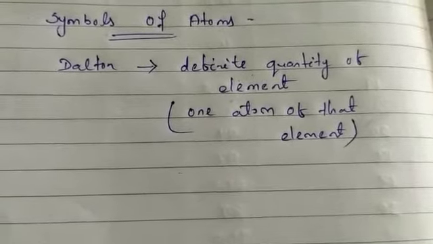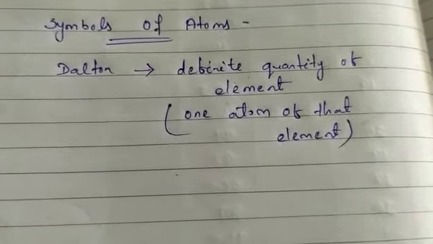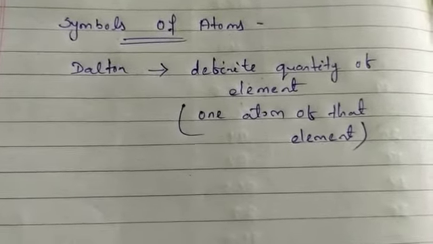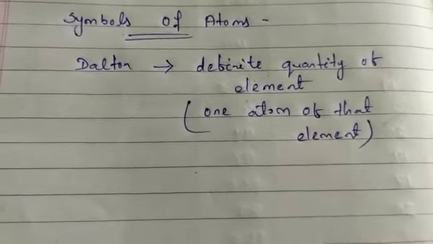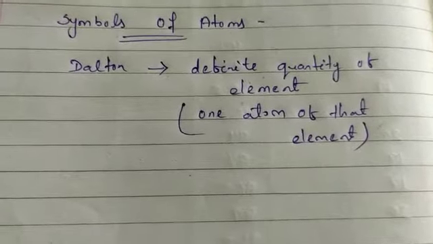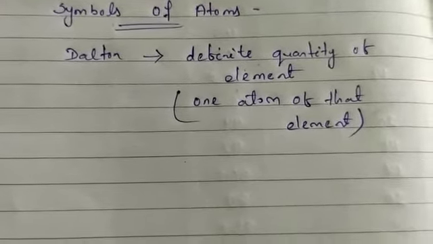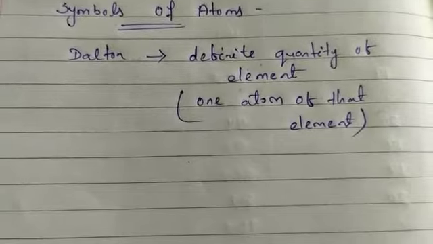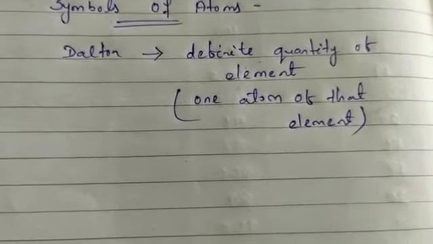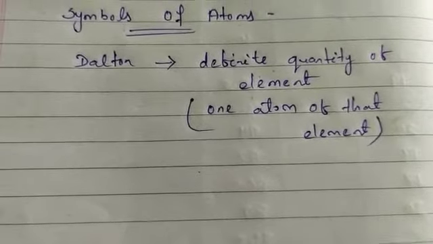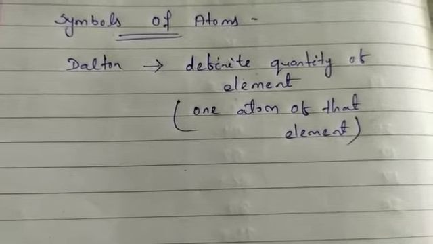So different sources were used: some names came from the places where the elements were found, and some were taken from specific colors. Nowadays IUPAC, the International Union of Pure and Applied Chemistry, approves the names of the elements. Many of the symbols are the first one or two letters of the element's English name. The first letter of a symbol is always written as a capital letter, that means uppercase, and the second letter as a small letter, that is lowercase.